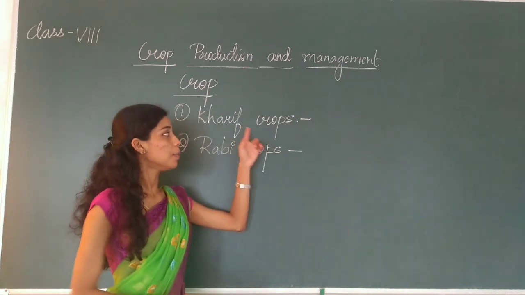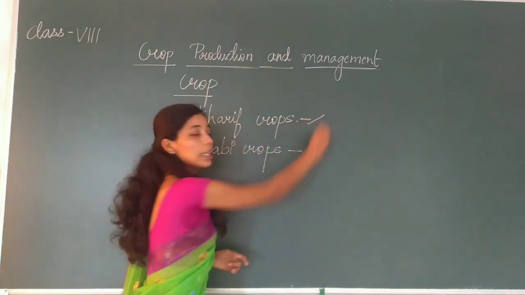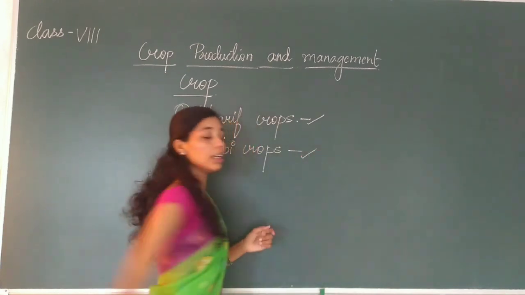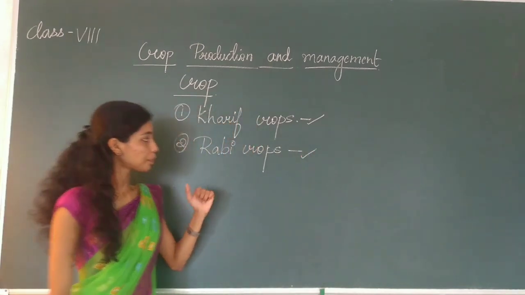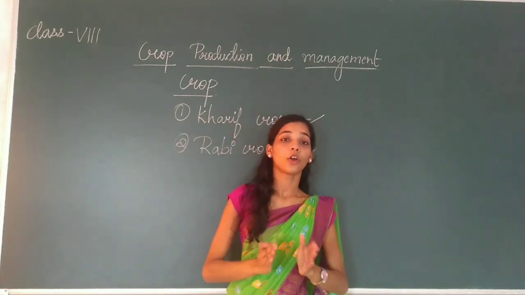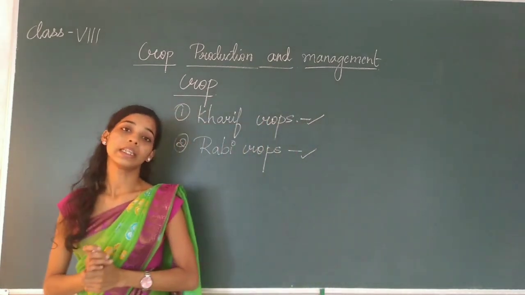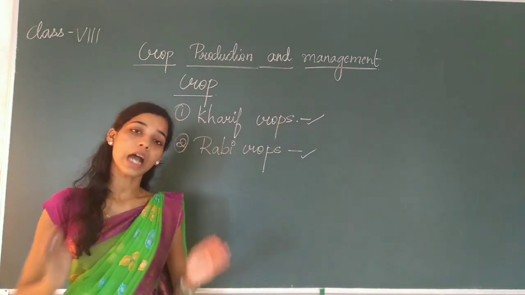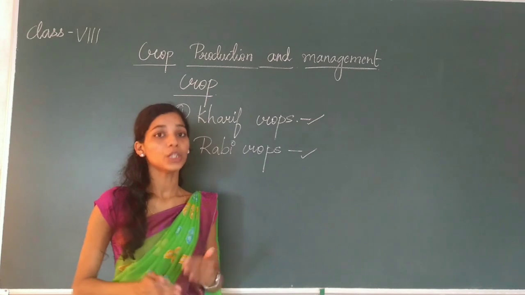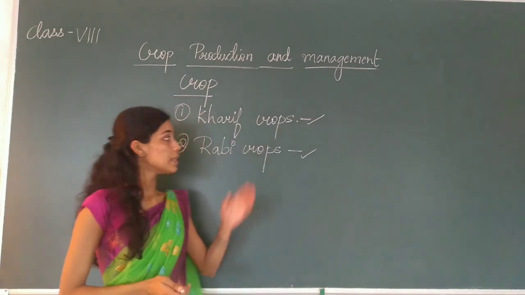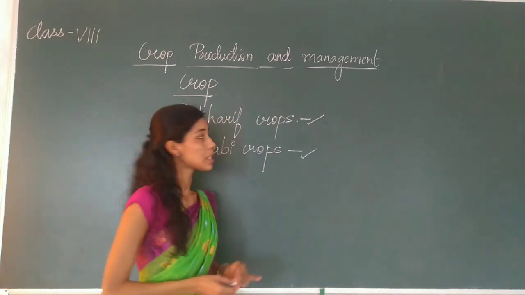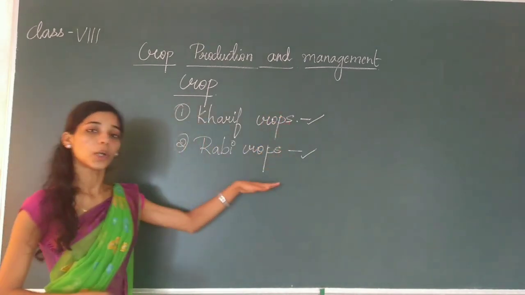They are some of the examples for the rabi crops. So what is kharif crop? Kharif means which are grown during the rainy season, and rabi crops means which are grown during the winter season. And if you may have a doubt like why paddy plants cannot be grown during the winter season, the paddy plants require a large amount of water, and so we are dependent on the rain for the water. This is the reason why paddy plant cannot be grown during the winter season. So this is about the two types of cropping patterns.